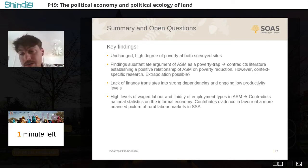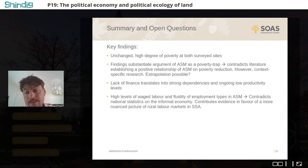This substantiates, I would argue, the argument of ASM as a poverty trap, and it contradicts micro-level literature, which aims to establish a positive relationship. However, this is context-specific research, and now the question comes up, to which degree is extrapolation possible? And another aspect, the last bullet point, there's high levels of waged labor, and as emphasized before,